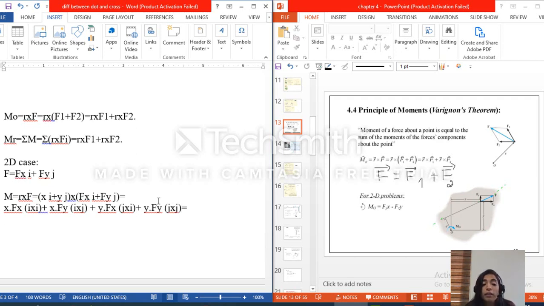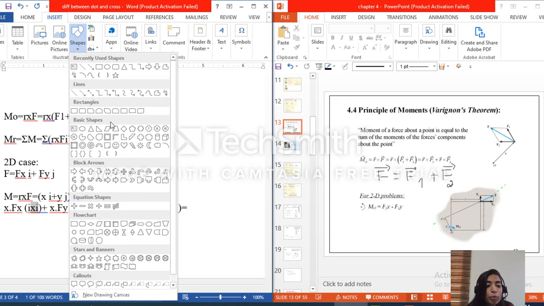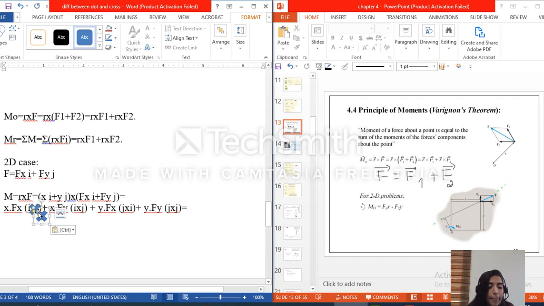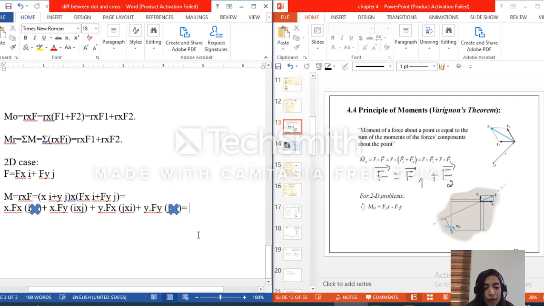Now I really know that the cross product of two parallel vectors is equal to 0, which means i cross i is equal to 0. So what I will do now is to remove all the terms where the cross product is equal to 0. So this is basically 0, and this is basically 0. So I will end up with the following: x times fy i cross j plus y times fy j cross